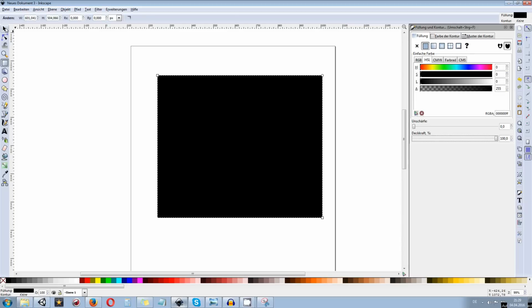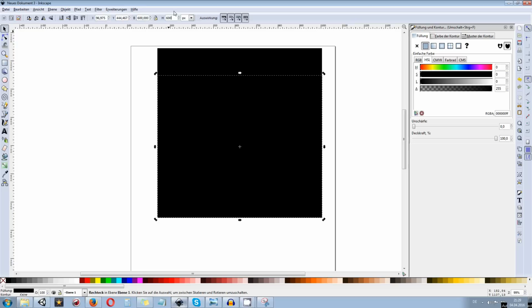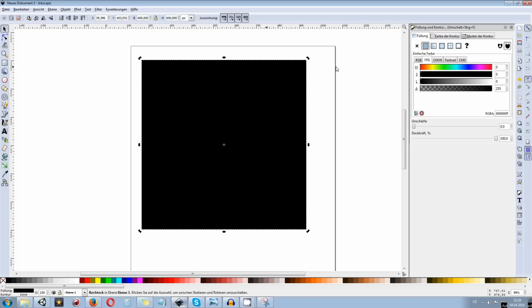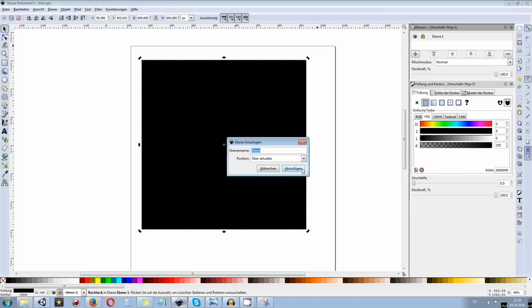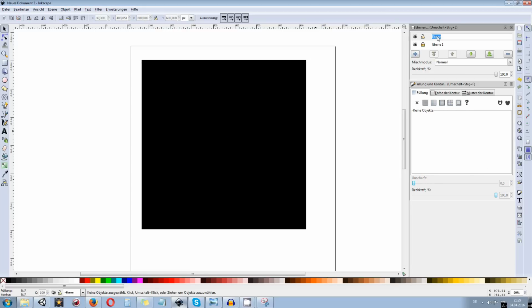Now I want to make sure that this one has a big size, 600 by 600 pixels. So make sure you change the size over here in the top to 600 by 600. This is just going to be our background. If you need to work with layers, there's no problem. You always have a layer manager in here, and you can add more layers, add this one to the background layer, and lock it or make it invisible. Once it's locked, you can create a new one by pressing that plus button. So this is our background, and this is where we are going to create our bubble.